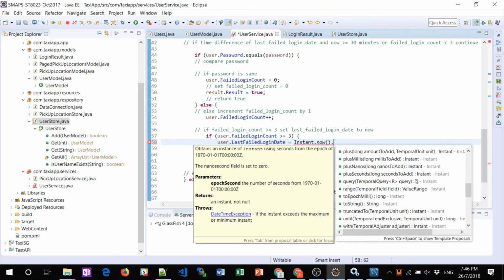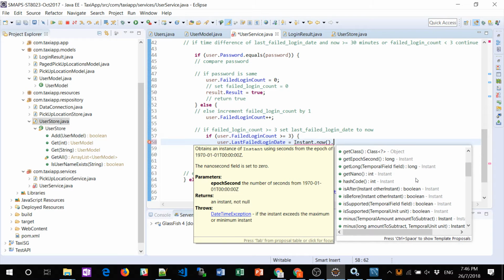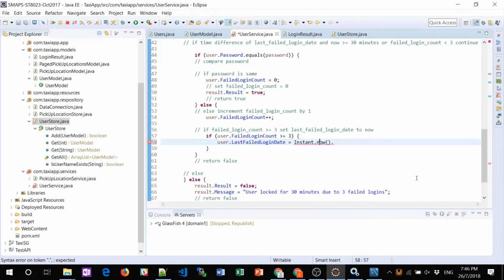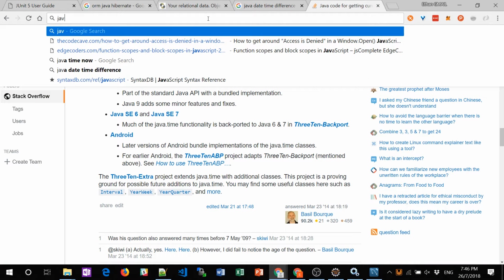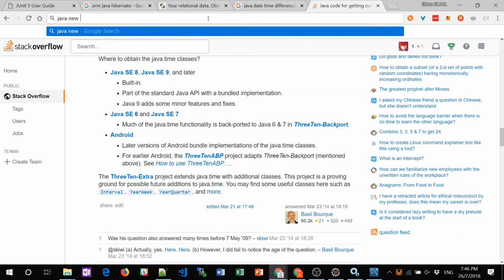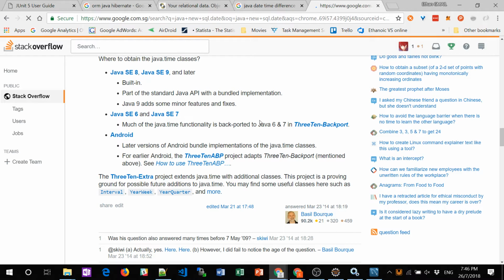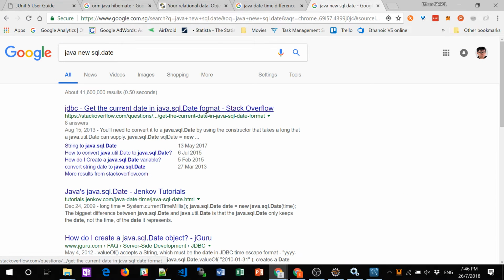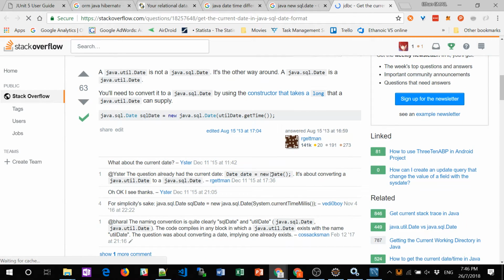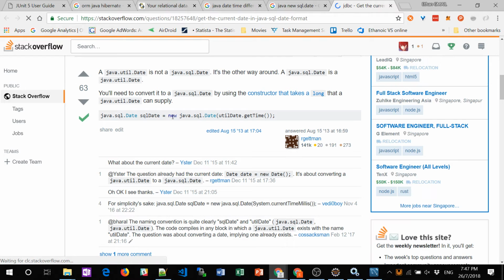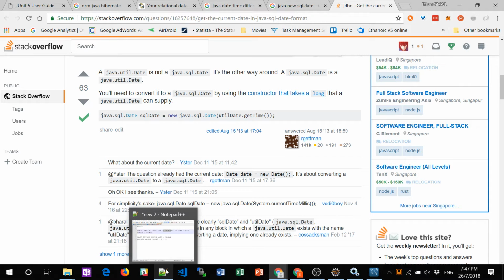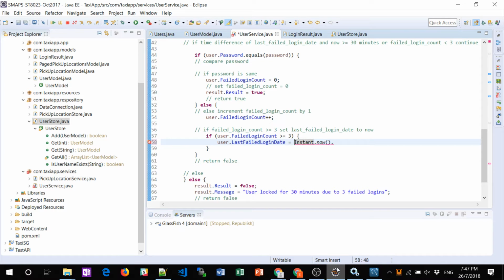How do I change this, because I want to have a SQL date? Java. Oh, okay. Must send in the milliseconds. Oh, okay. So